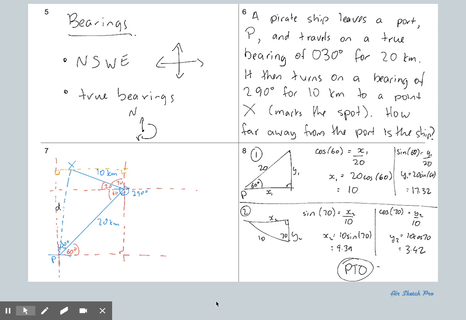Just following up from last lesson, we talked about bearings and